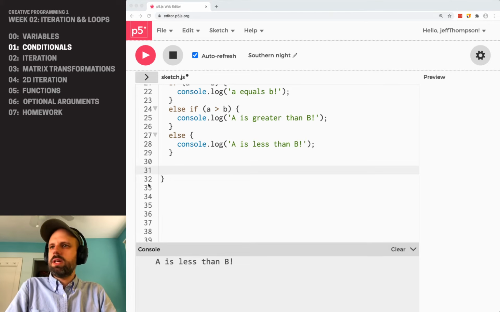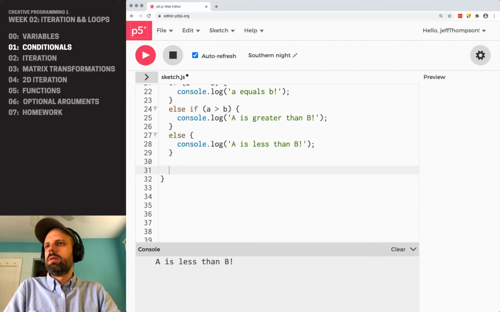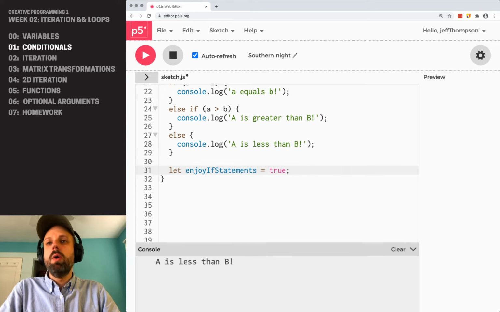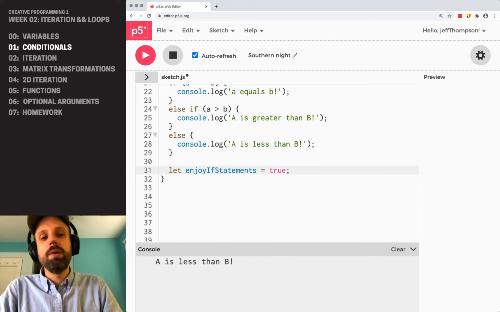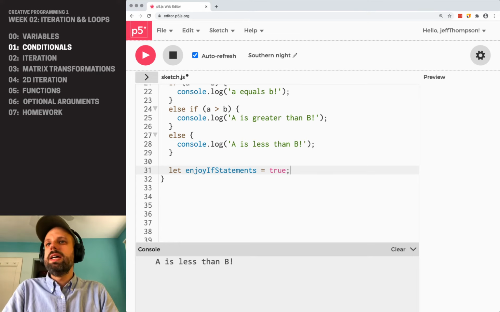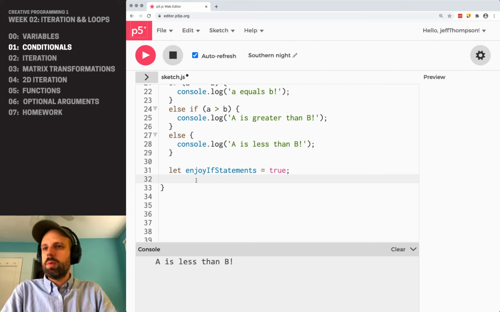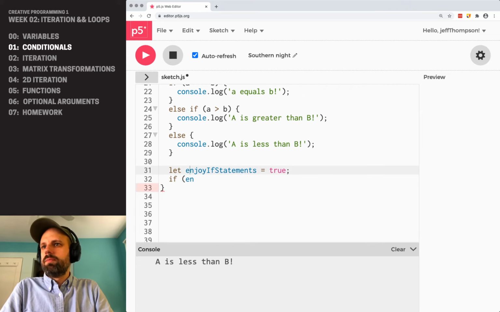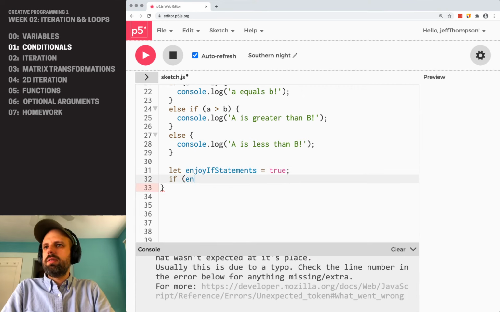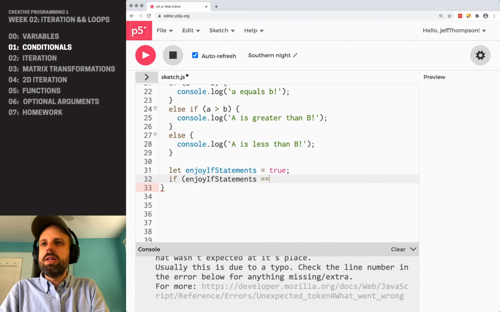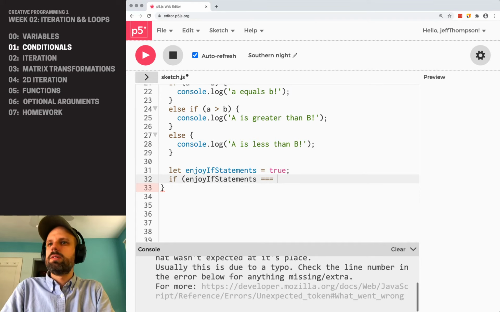Next, let's make another variable. I'm going to copy this again. Okay, so we've so far looked at numbers. Let's look at Booleans. So enjoy if statements. And if I want to check this, I can write this one of 2 ways. I can say enjoy if statements. I'm just going to copy this. Equals, remember it's triple equals, true